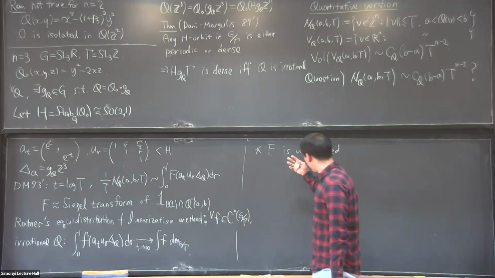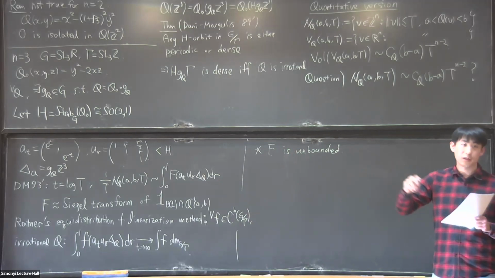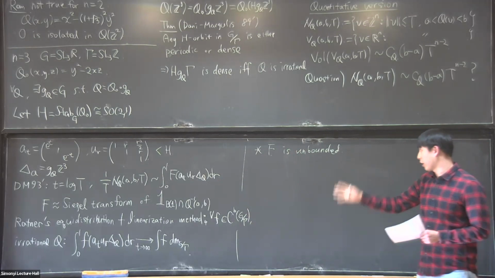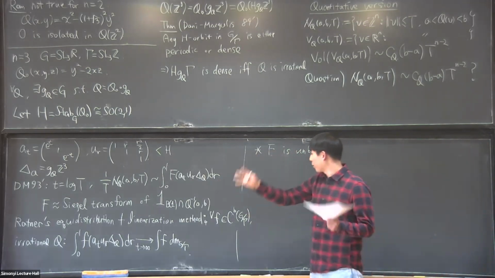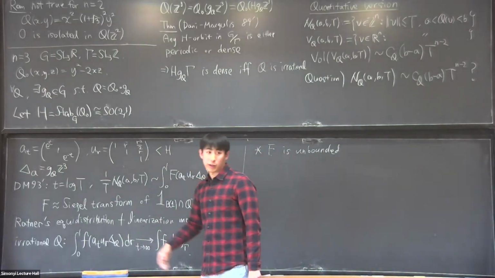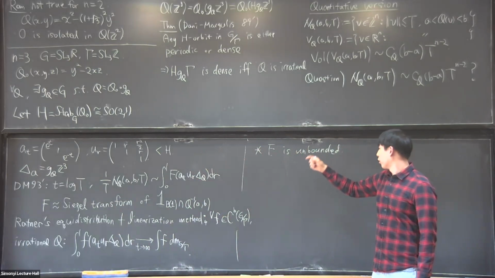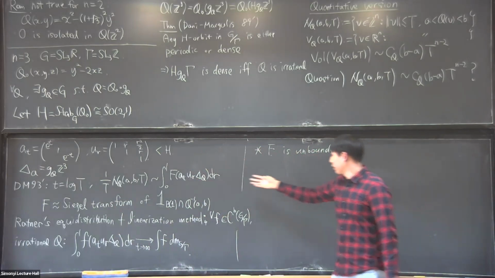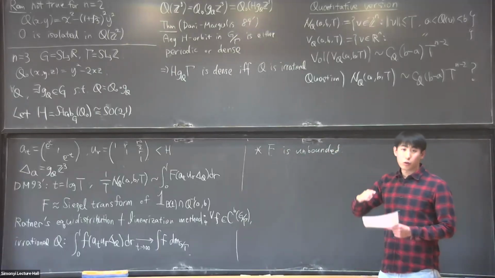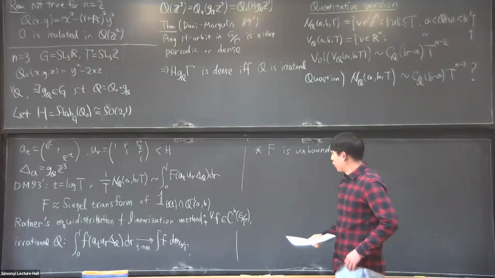Of course, even for an unbounded test function capital F, you can decompose the test function into two parts, a compact part and a cusp part, by taking a cutoff function. For the compact part of the test function, you can still apply the reference equidistribution theorem. But there might be some contribution from the orbit integral around the cusp. So one needs to control that contribution, and this amounts to the quantitative non-divergence.